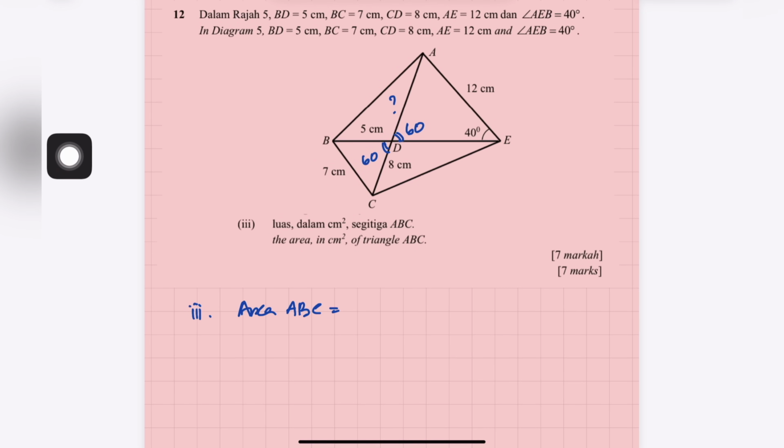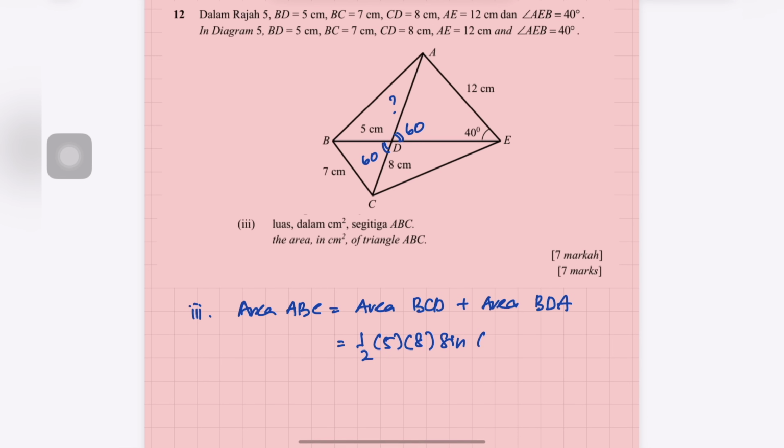So kita cari area ABC is area BCD plus area BDA. Okay, so then for area BCD, is 1 over 2 times 5 times 8 times sine 60. Okay, so for area BDA is 1 over 2